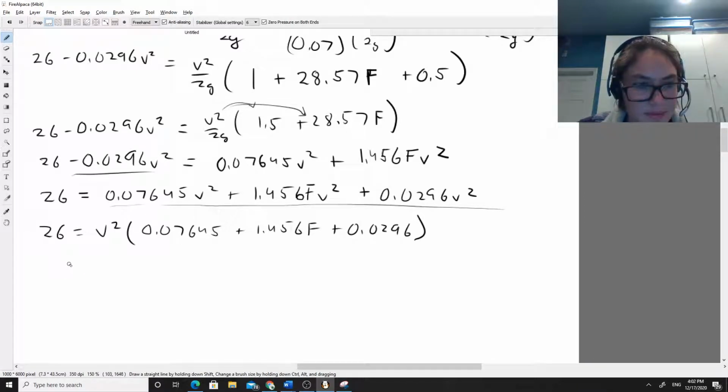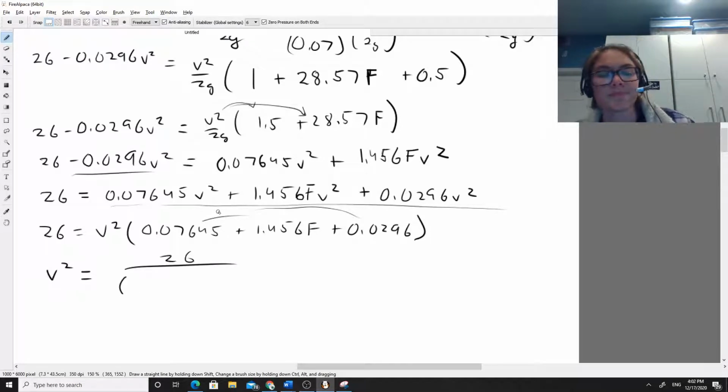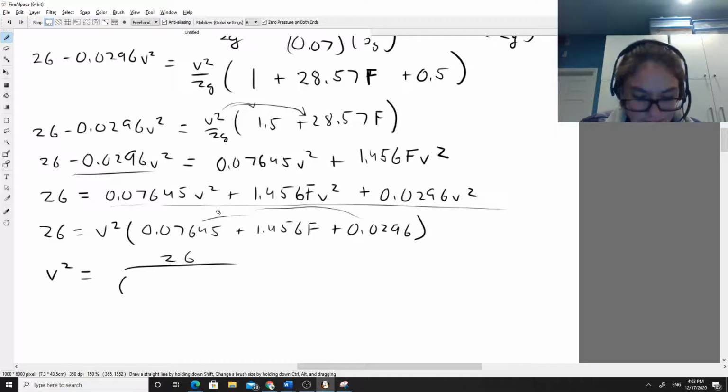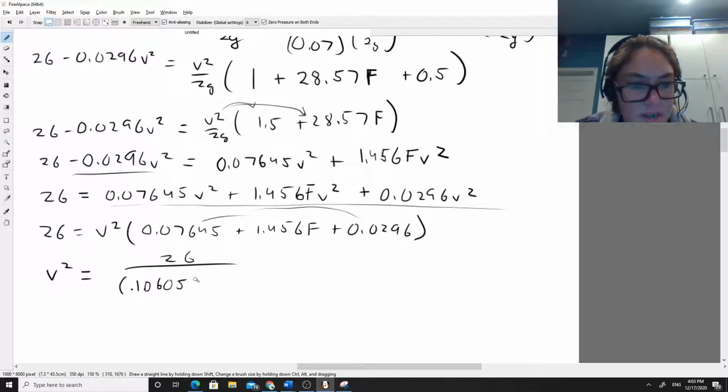and we can simplify that even more, putting V squared on this side of the equation, and we're going to have 26 divided by, and we'll just add these two together, so it's going to be 0.07645 plus 0.0296. So that's going to be equal to 0.1065 plus 1.456 F. And that's going to be